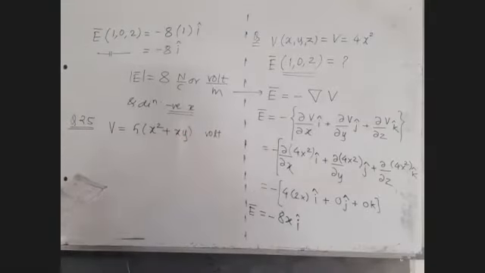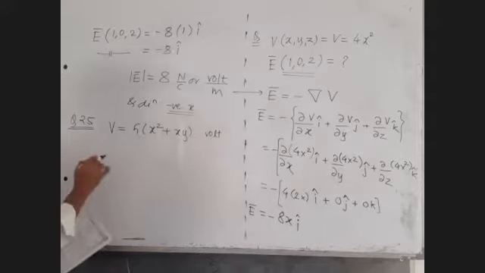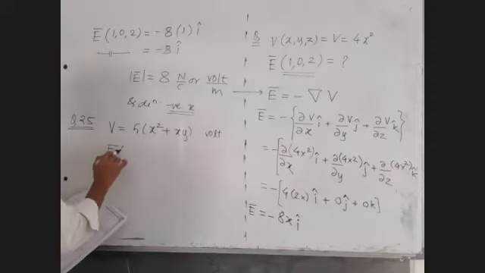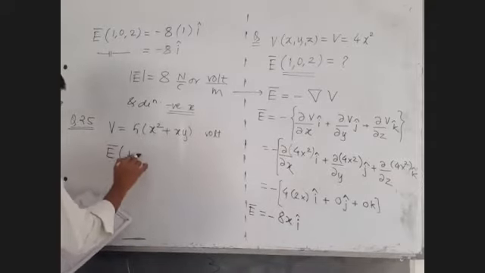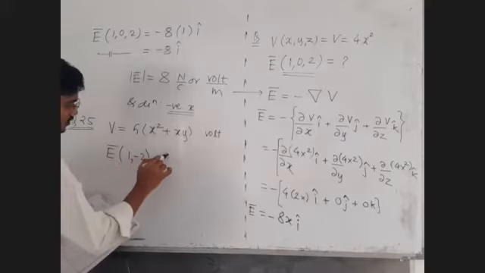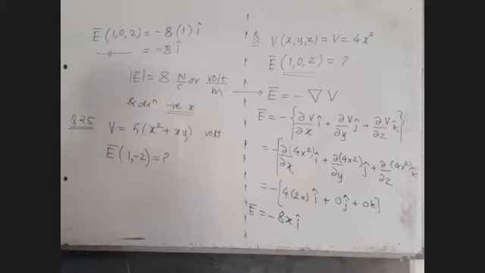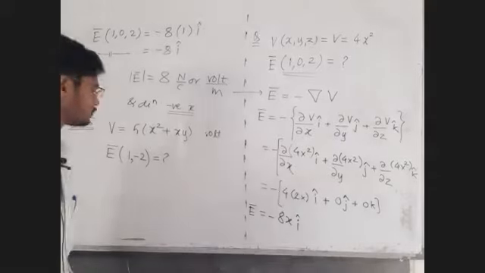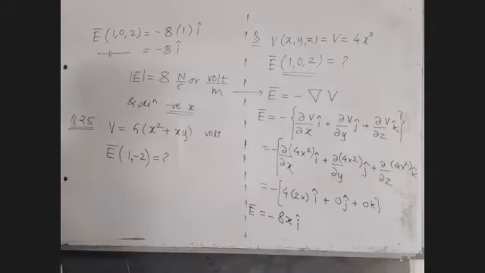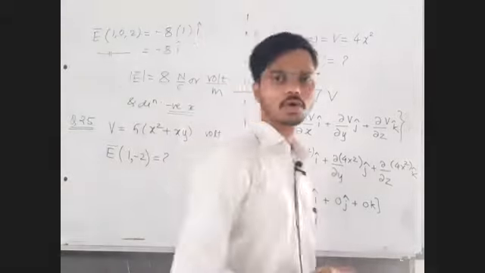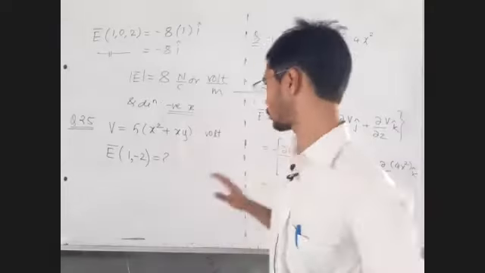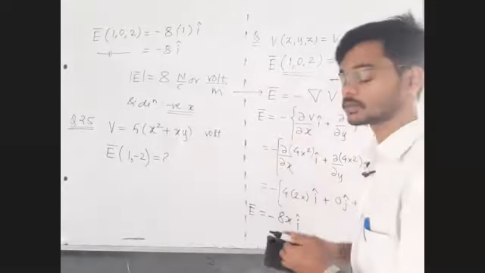Find the electric field vector at the point (1, -2). Everyone do this as fast as possible and reply with your answer in the chat box. Do it now. You know the method of partial derivative. Get hold of the fundamental processes required here. Partial derivative, get hold of it.